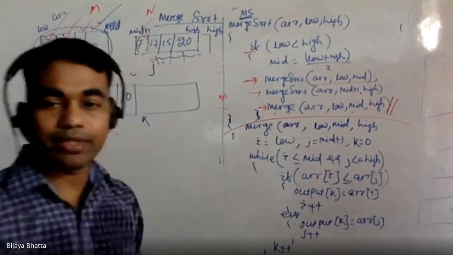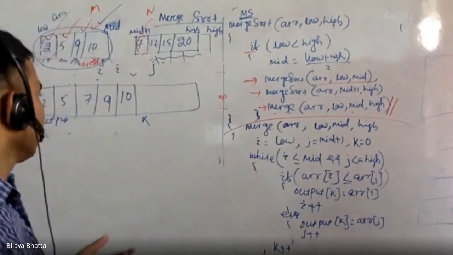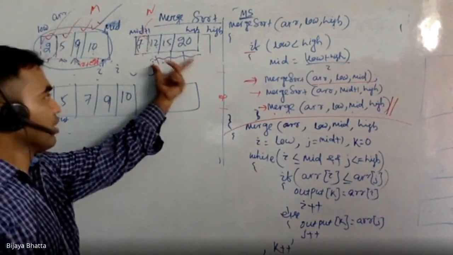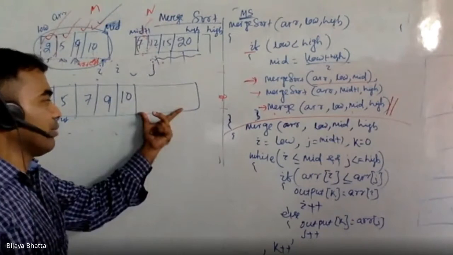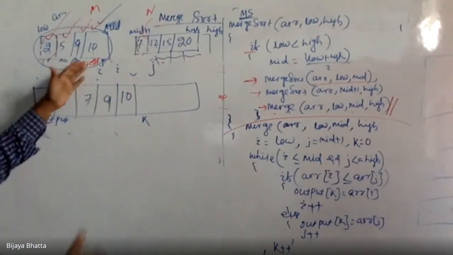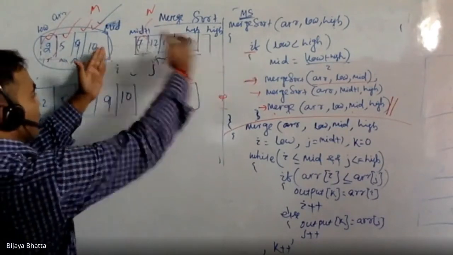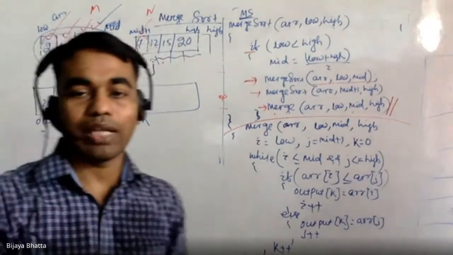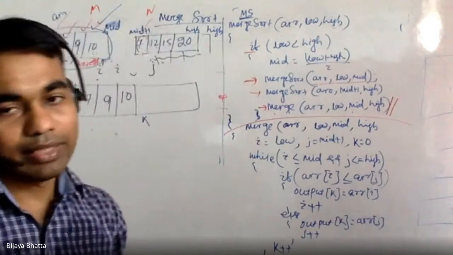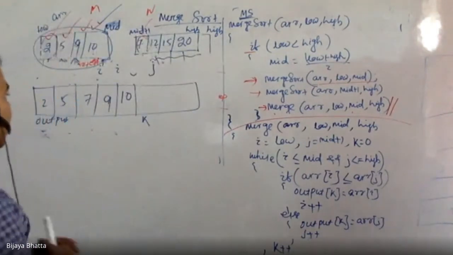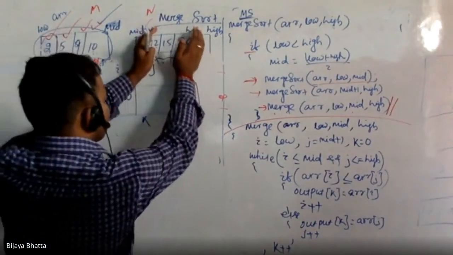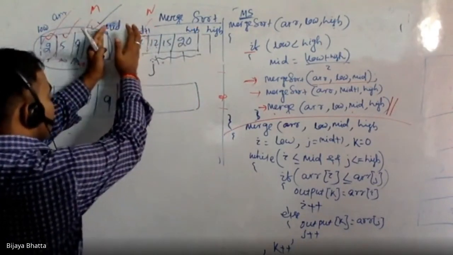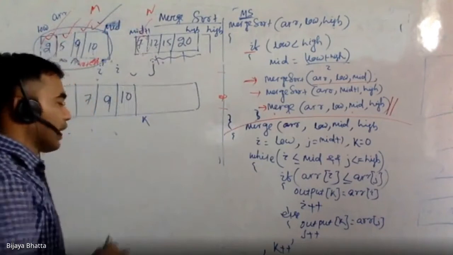But the question is how I will know, because in this example it is only the second array, or means the second part where the elements are remaining. But it can happen that the first array contains some more elements, so those could be copied. Then how could I know? That's why whenever I write the program, I write it generic. So how will I write it generic? If some elements are present here, then I'll copy them, or else if some elements are present here, then copy them. But how will I know?